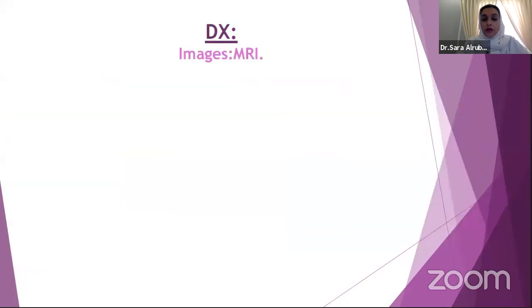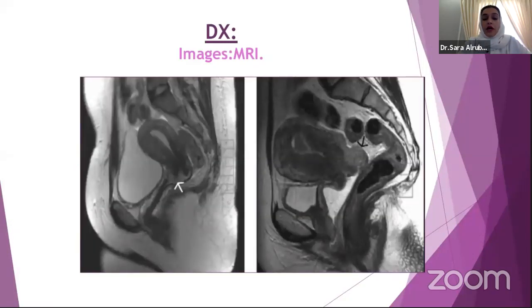Then you have to proceed to further investigation, which is the MRI. The value of having an MRI is to evaluate the extent of the disease. As I mentioned before, if the patient presented with the late symptoms, it's invading the bladder, the rectum, the parametrium. Then the other,